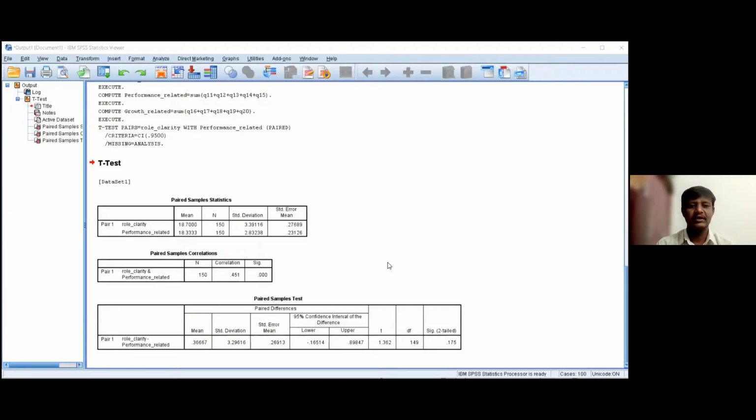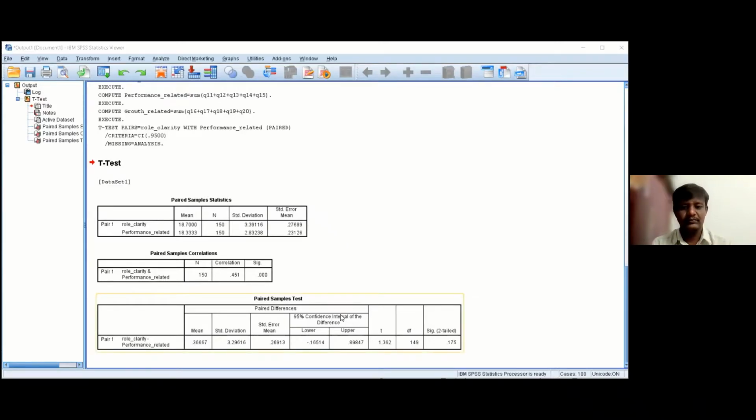This output will give you 3 different tables. In our research report, we are not going to use all these 3 tables. We will select only particular information from these 3 tables and put it into one particular table.